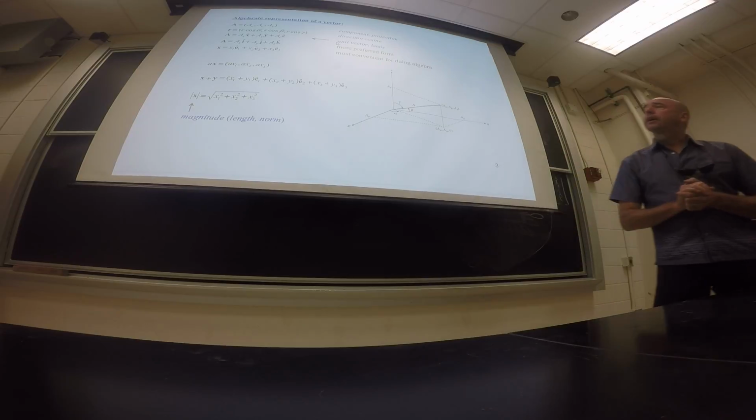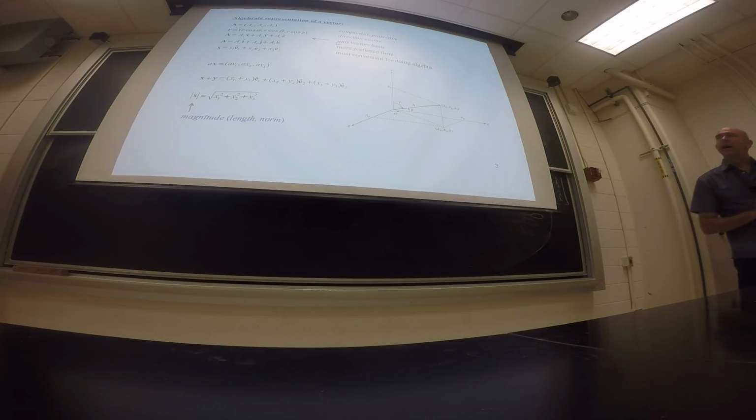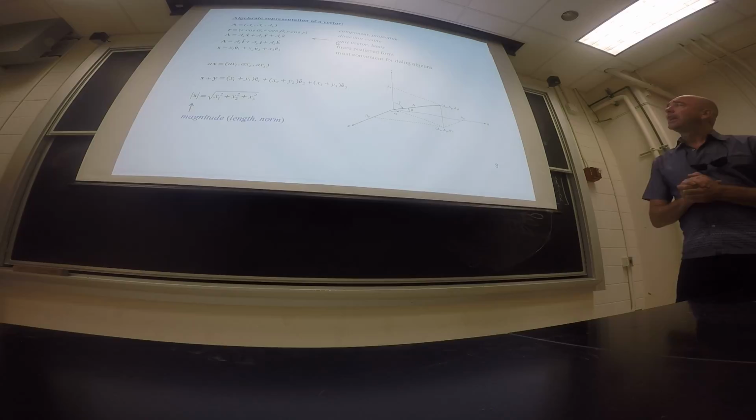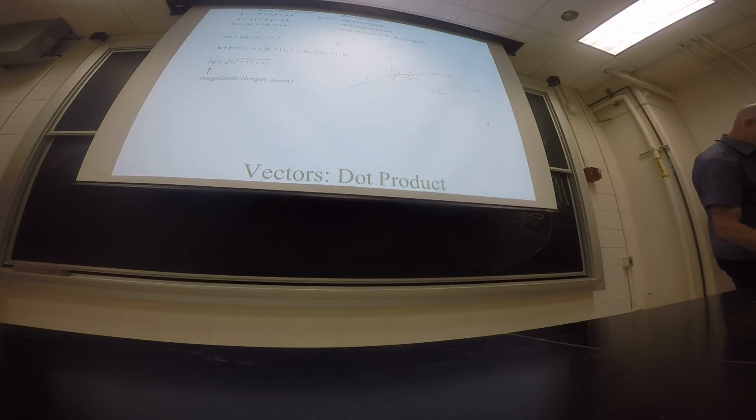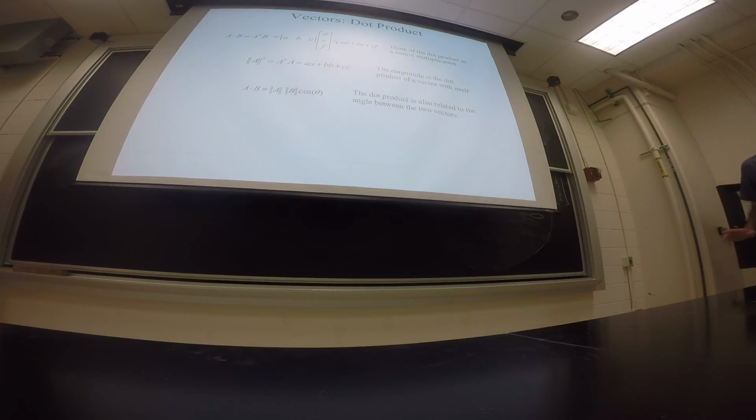We can also take the magnitude of the components of a vector, basically the norm or the length of the vector. Okay, so one of the big things that we do in using vectors, particularly in geophysical techniques where we're